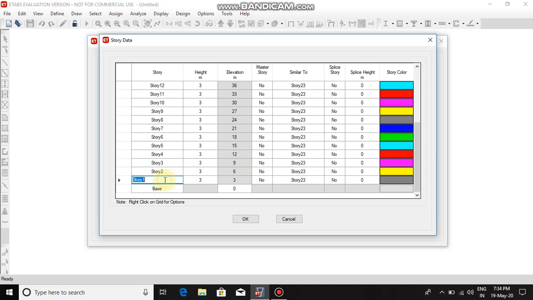Begin with story 1. Story 1 to story 8 are similar, so go to any one of the stories and in the master story option select yes. And change the similar story up to story 8.